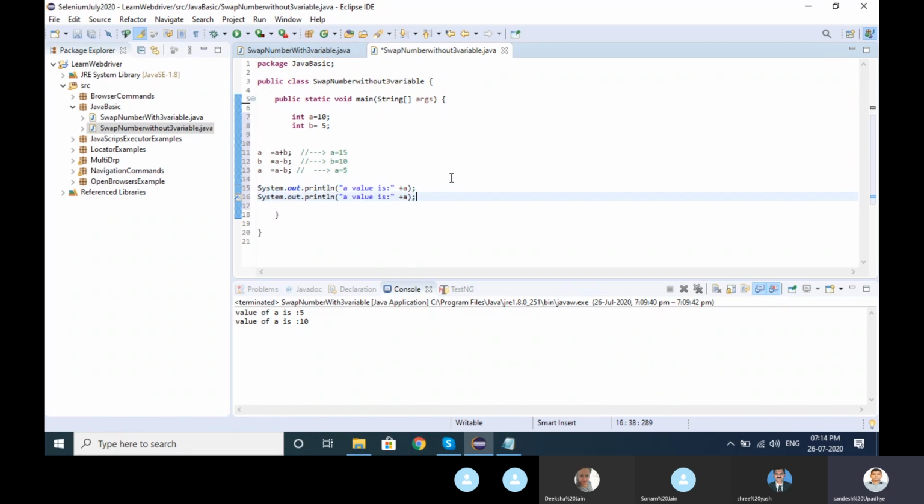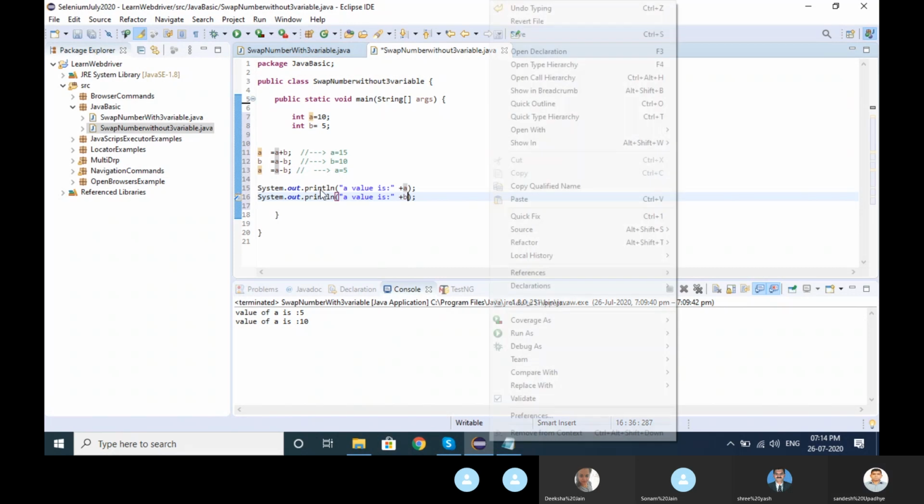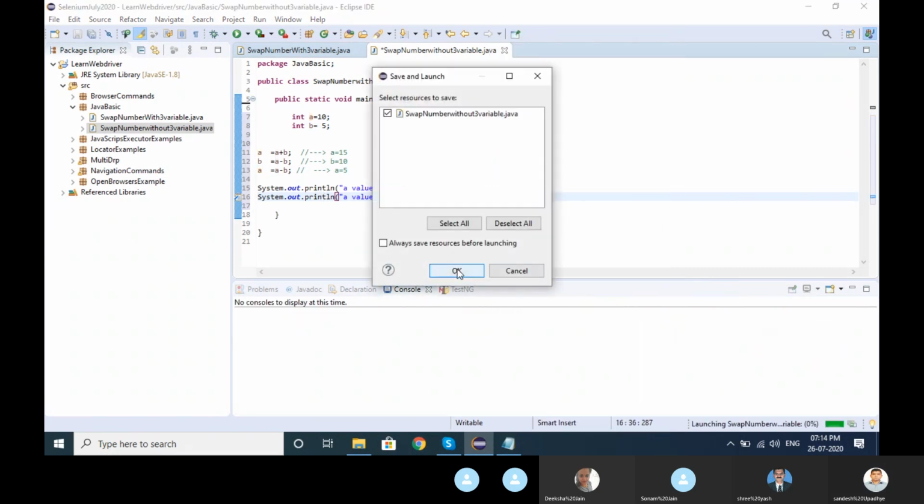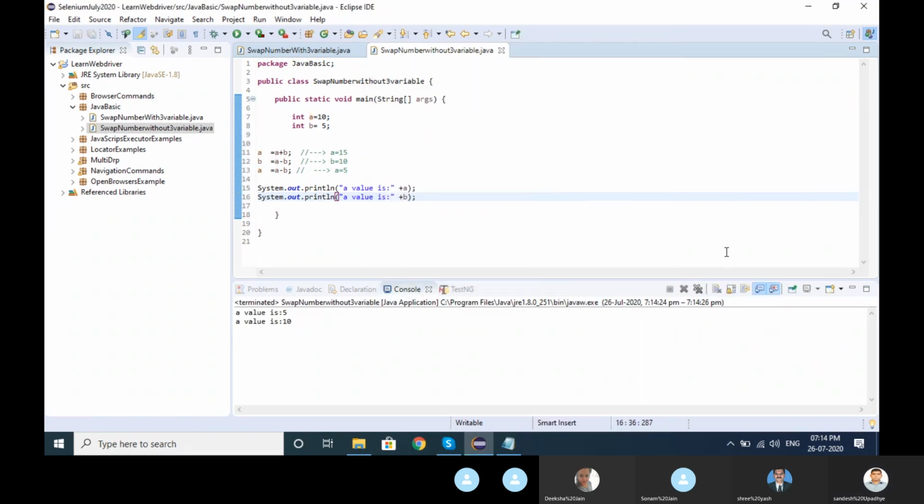Copy, paste it, and print it as B. A value is 5 and B value is 10, correct?